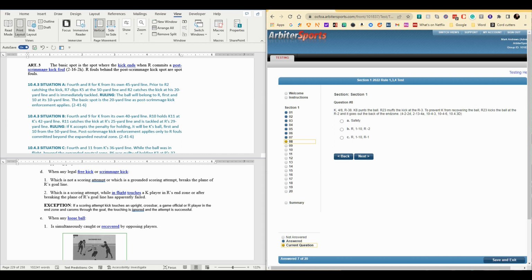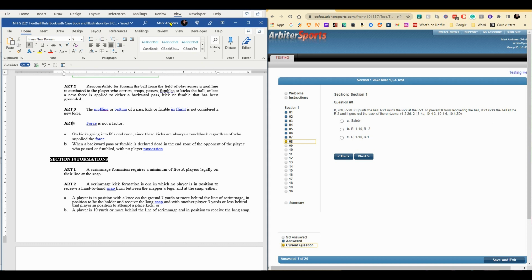4-2-2 again is play ball's dead or play ends. And D says when any legal free kick or scrimmage kick, which is not a scoring attempt or which is a grounded scoring attempt, breaks the plane of the goal line. Now you may be saying, wait a minute, the scrimmage kick didn't put the ball beyond the plane. The illegal kick did. Well,